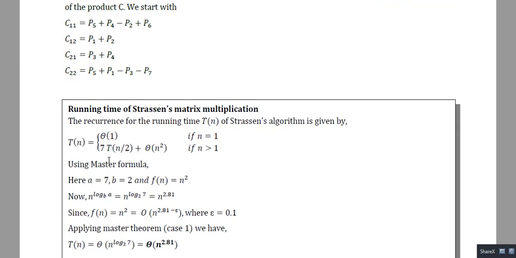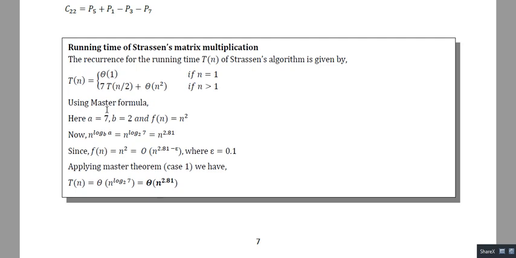Right. So again you just apply the master method. So a is here 7, b is 2, and f(n) is n square. So n power log a base b will be n power log 7 base 2. So you know log 8 base 2 is 3, so for 7 it will be slightly lesser than the value 3, and the exact value of log 7 base 2 is about 2.81.